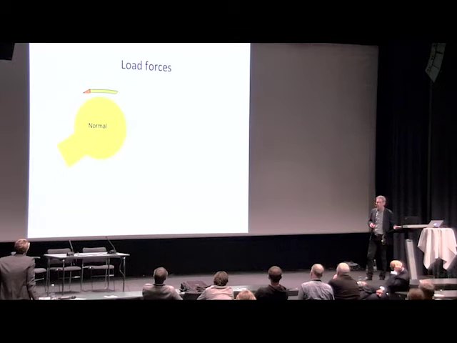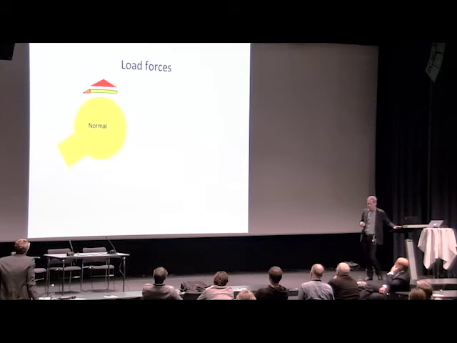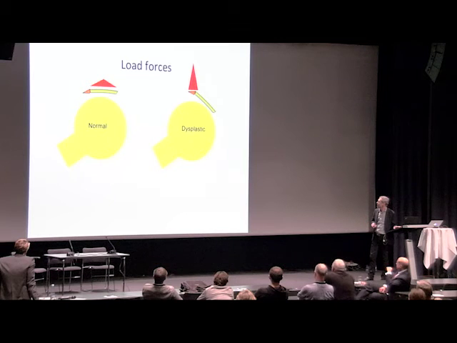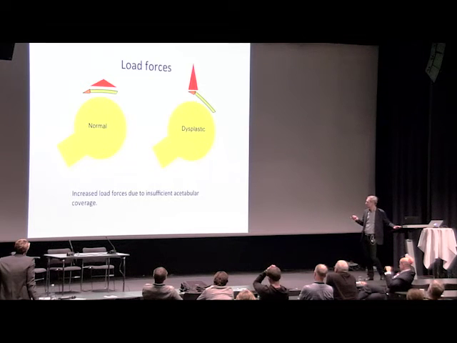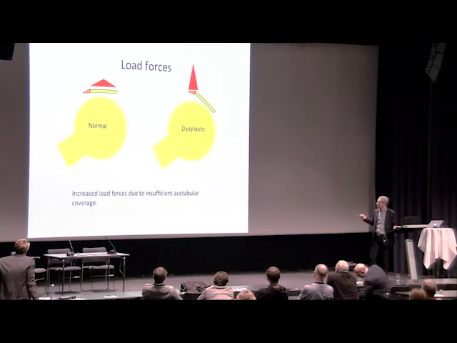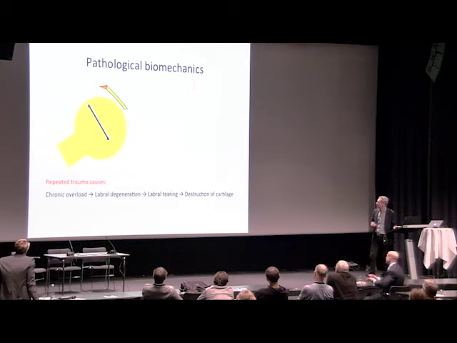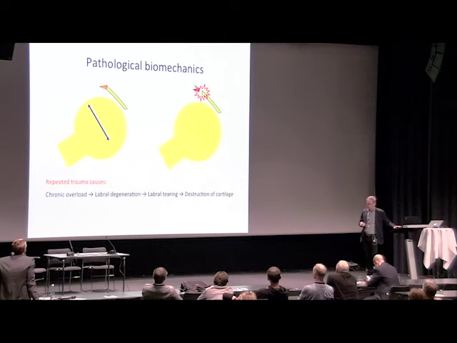What about labrum? In a normal hip, you have a pretty low load on the labrum, but if you have a dysplastic hip, the load increases significantly. The increased load forces are due to insufficient acetabulum coverage. When the patient has dysplasia, the chronic overload will result in labral degeneration, tearing, and destruction of the cartilage. That's what we know. So when the patient mobilizes, we risk getting a labral tear,